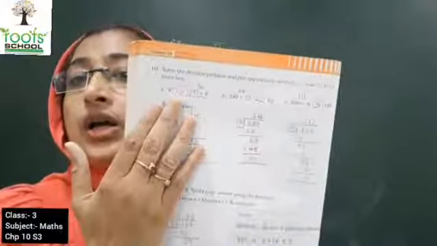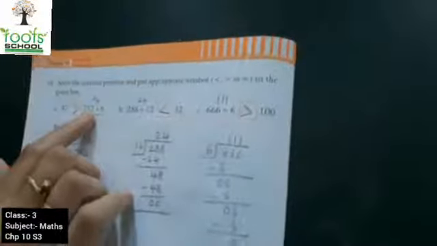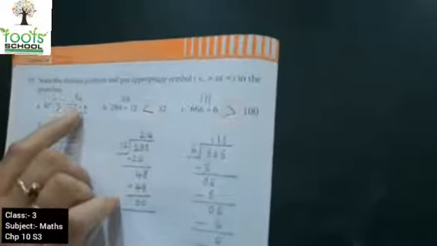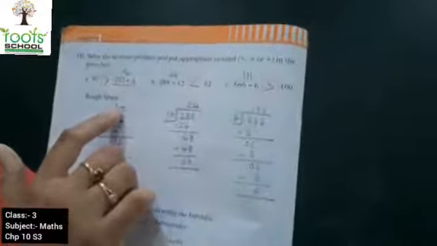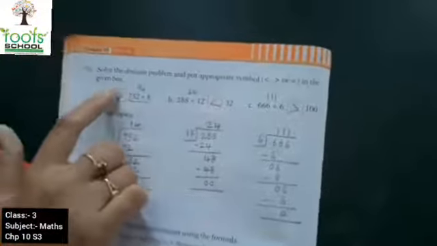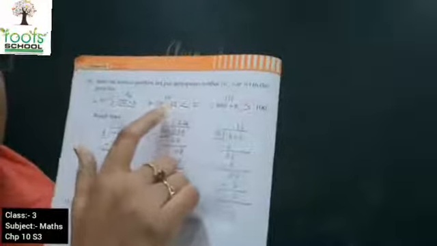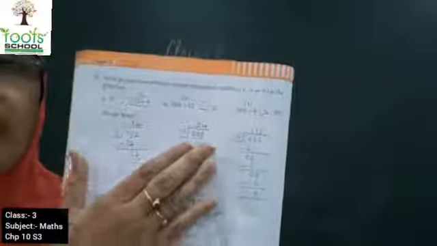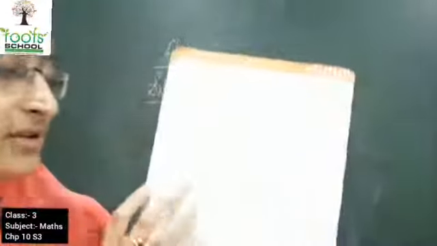Here you have to compare the following and you have to put the correct sign. Now when we look at the first sum, it is 97, and here the statement is given 752 divided by 8. So first you have to do the division. After dividing, the answer you get is 94. Now kids, 94 is smaller. That's why 97 is bigger than this. Okay. Similarly, you have to solve sum number B and C. You have to do the solving of the sum in the rough space which is provided, and accordingly you have to put the signs. Okay.